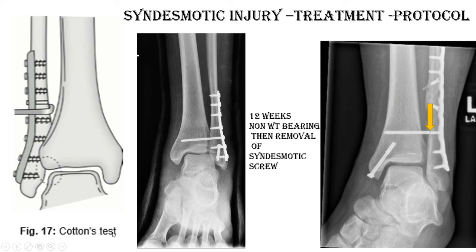What do you mean by cotton test? Cotton test is a special test after any bony fixation. Suppose we are dealing with a bimalleolar fracture, or you are dealing with a fibular fracture. Then we have to pull on the fibula with a hook. If on the X-ray or on the CM the gap will increase, then you have to address the syndesmotic joint.